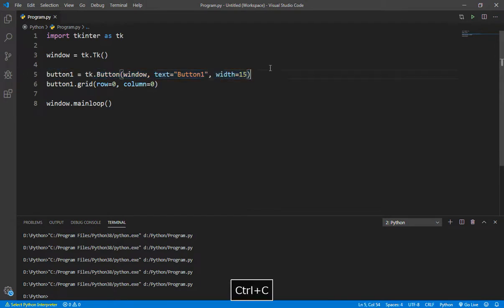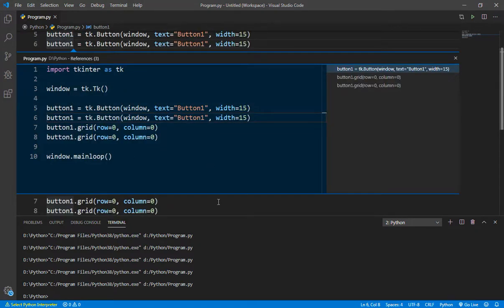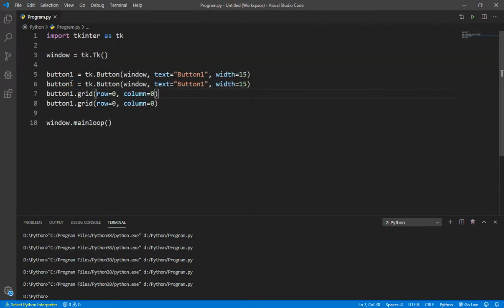Here let's make another button. Wait a second, guys. Okay, so here let's change the variable name. So here it is 2, and let row be 1.